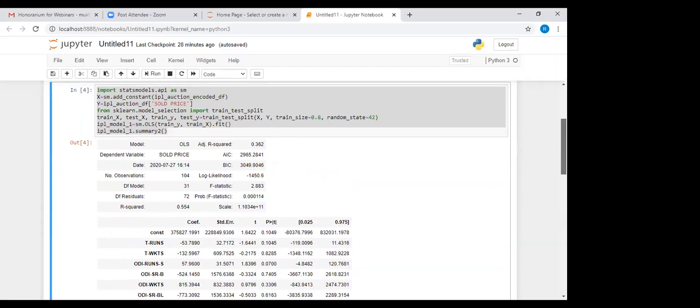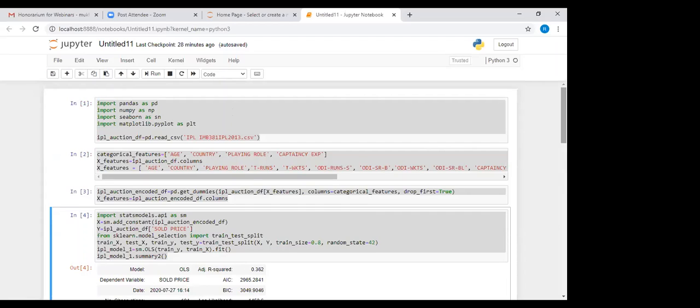What is multi-collinearity? I will share the code, don't worry about the code. Multi-collinearity is the effect when 2 or 3 variables have very high correlation among them. We need to remove them. When the data set has a large number of independent variables, a few of them may have high correlation. Very important point: the presence of multicollinearity will destabilize the model.